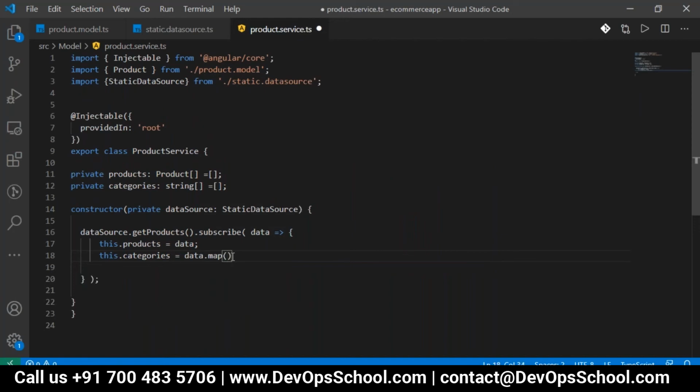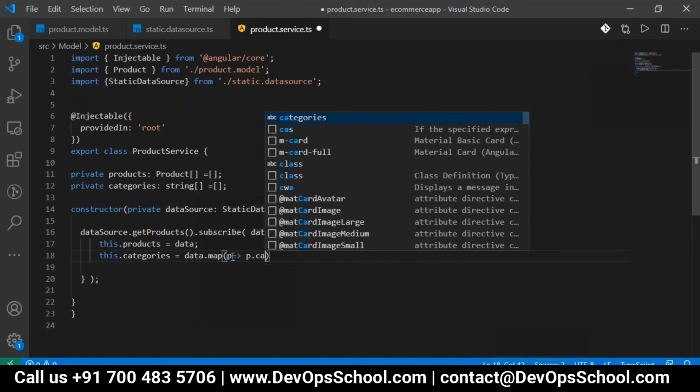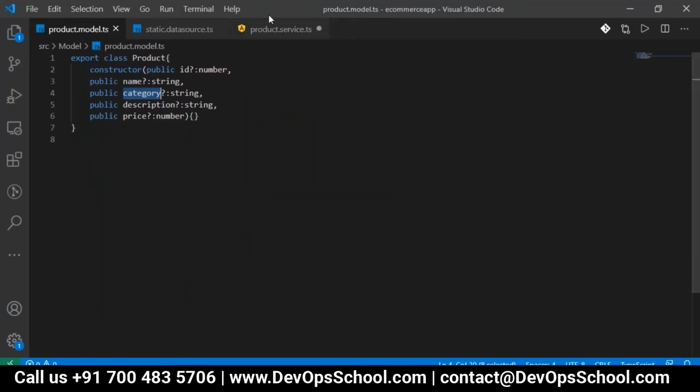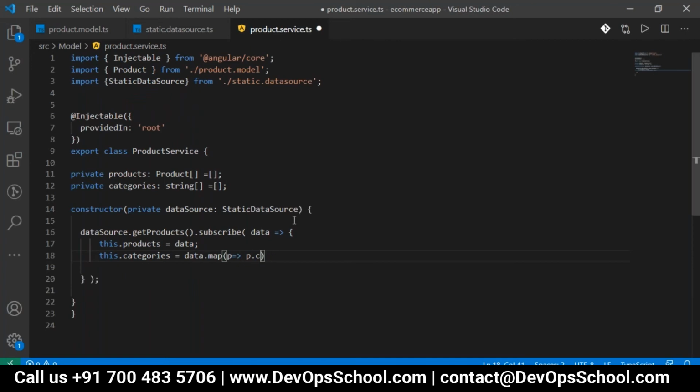In that map, we will mention what column we want, which is p.category, the same name that I have used here. The data will be an array of products. It will be one instance of a product, p, and an arrow function, p.category. Now in the total array, it will only get the categories.